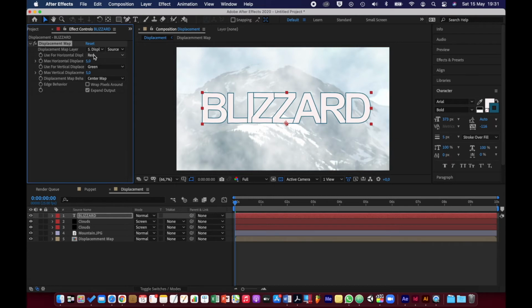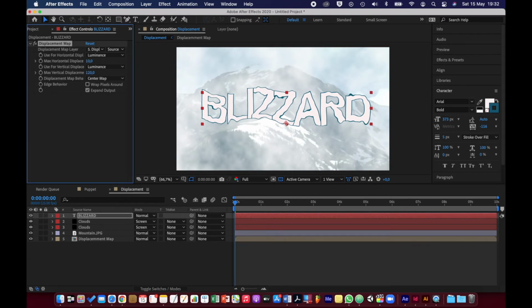We want to use the luminance, in other words the brightness and darkness of the pixels. So for horizontal luminance and for vertical luminance, then we need to change the value. Let's change the value of the horizontal. We don't want too much horizontal, so we'll say 10 for horizontal, but for vertical we want that to be quite a lot. So let's say